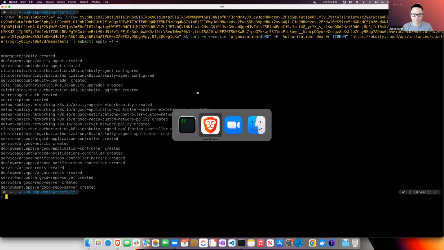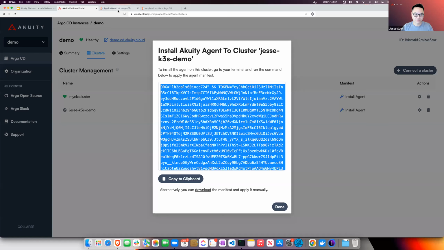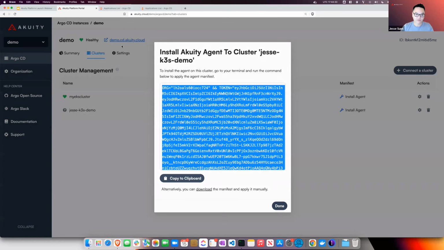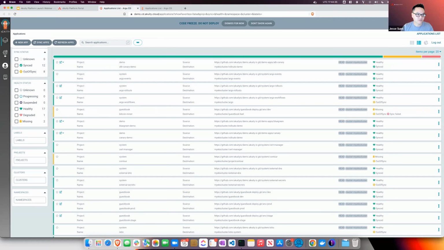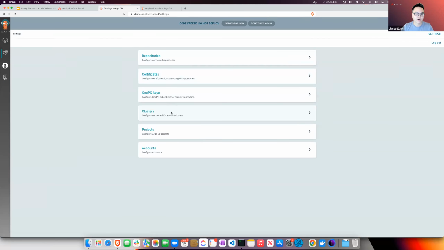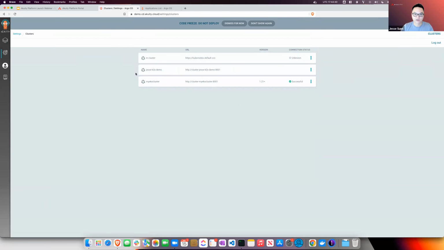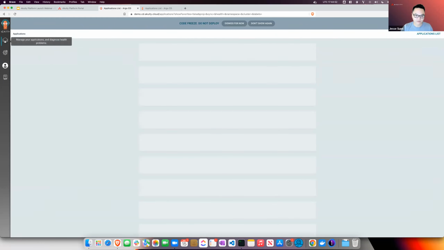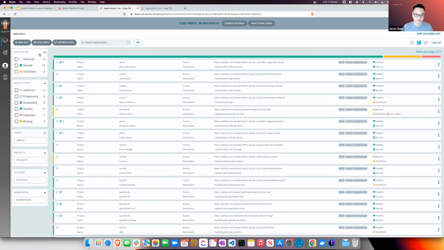Once I create this cluster entry, it becomes an entry in Argo CD itself. So this Jesse K3S demo is now a deployable target that I can deploy to from Argo CD. From here on out, it's the exact same Argo CD experience that you know and love.